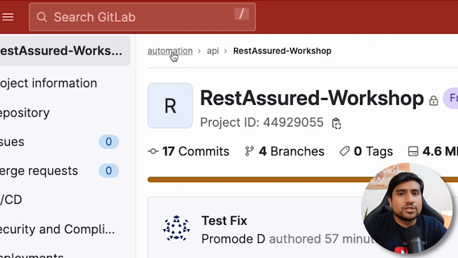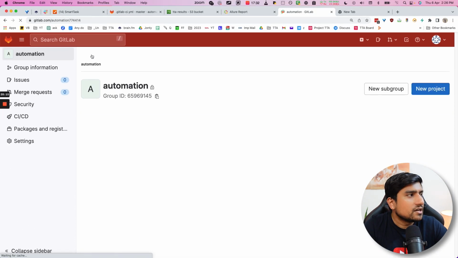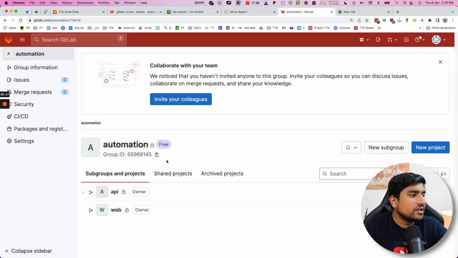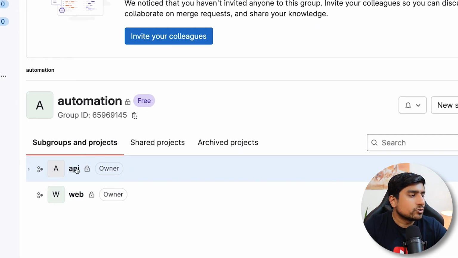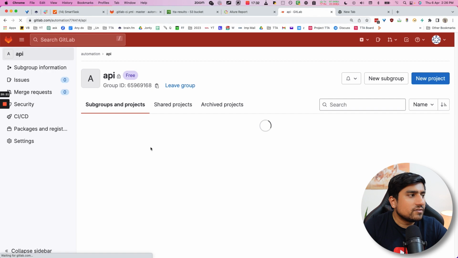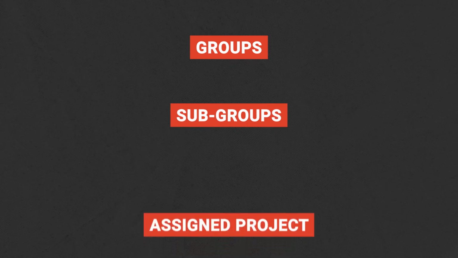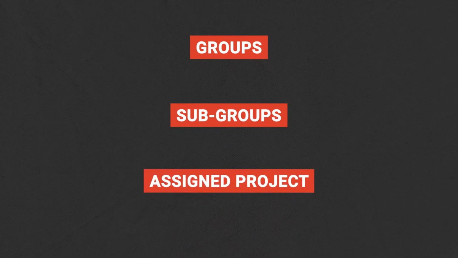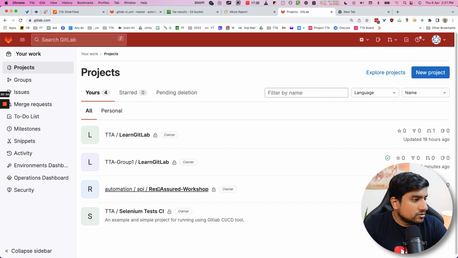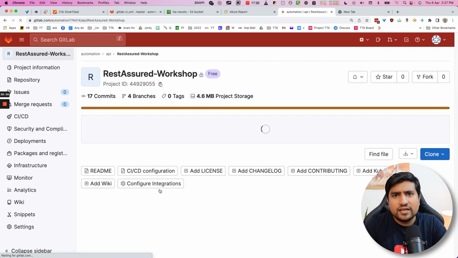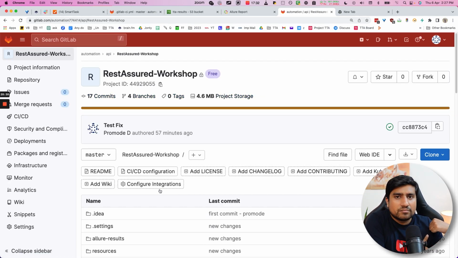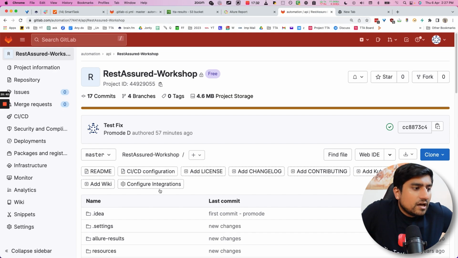Right now I have an automation group which I have created for you guys. I have another automation group. In this group we have API and web. So this repo is available in API, right? So now you know in GitLab we have groups. Groups can have subgroups. Subgroups can have a project assigned to them, right? This is what the core concept is. Okay, so let's see the Rest Assured one directly. We'll go directly and we'll understand this, because I know it's very difficult the first time, but it will